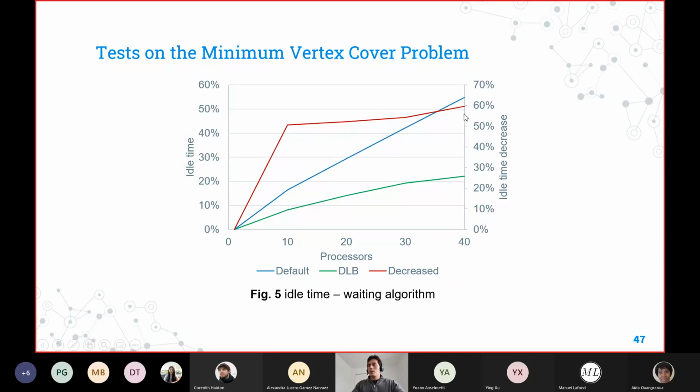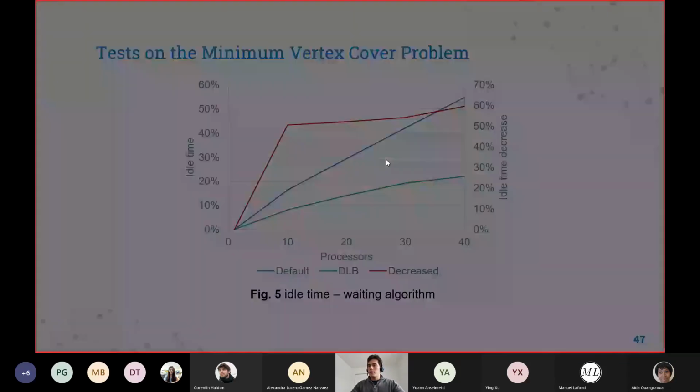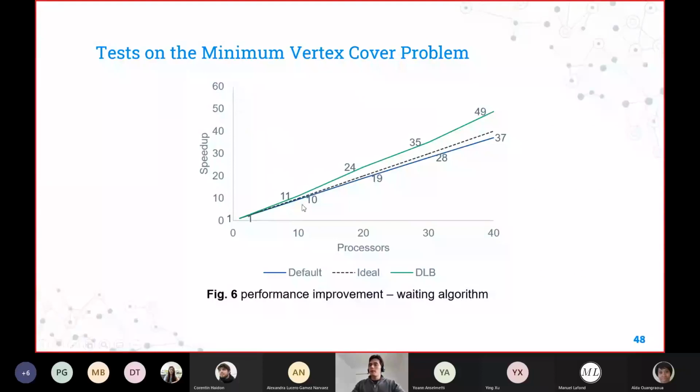Of course, this also represents a big contribution to the actual performance, which is in this graph. We see that the ideal represents, I'm not sure if that's percent, the optimal optimization that we can get after parallelizing. That means if we use 10 processors, we would expect to get a solution 10 times faster, and so on and so forth.